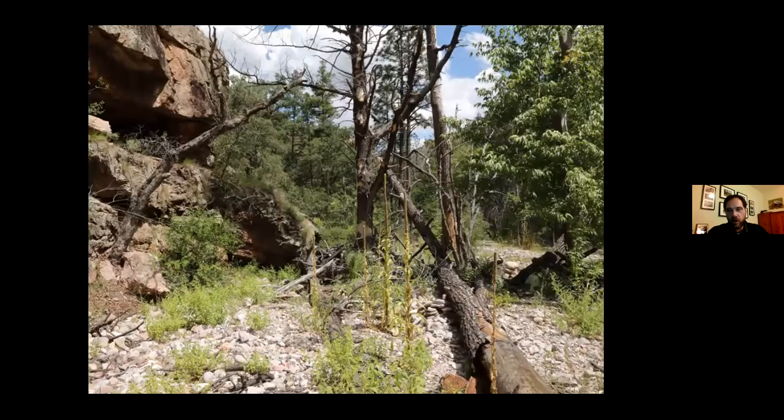And under this log, as John stepped over it, he heard a rattle. And he called everyone over, and then we lifted the log and there was nothing there. What ended up happening was that while he was waiting for everyone to come over, the rattlesnake moved without rattling, which is a little bit unusual, along underneath the log and into that pile of branches and scrub